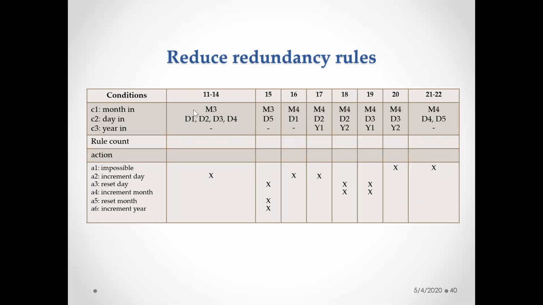Similarly, with respect to M3, D1, D2, D3, D4, it is quite common, as we have done with respect to 31 days. With respect to the month called December, the same thing will happen. So four cases, you can just merge. So M3 with respect to D5, I cannot do it because there is a different action part. One is resetting the day, another one is resetting the month, followed by incrementing the year also. So the next part is your M4 with respect to your D1.